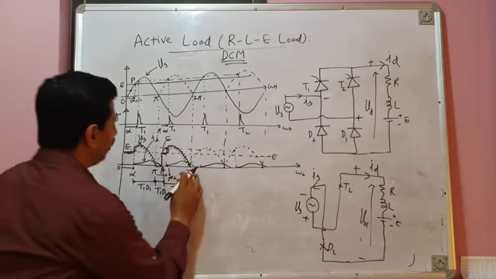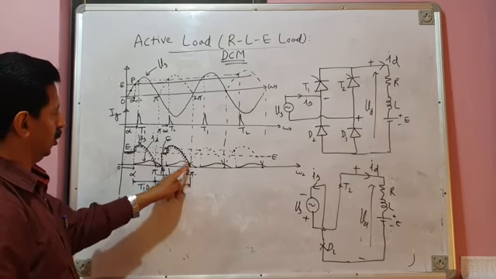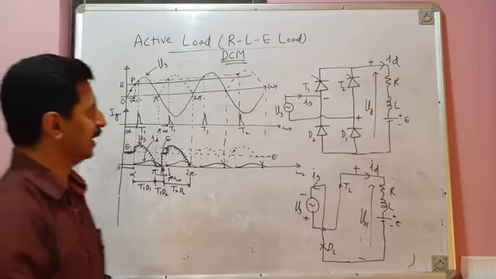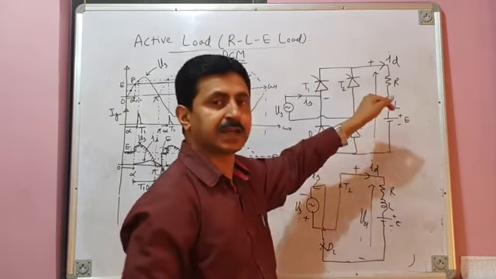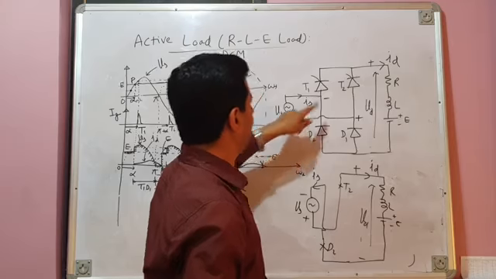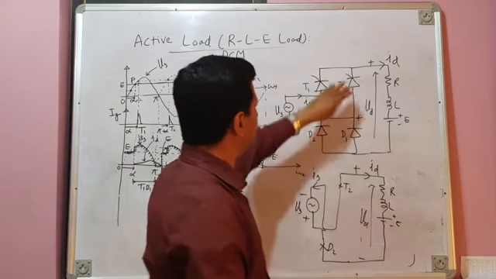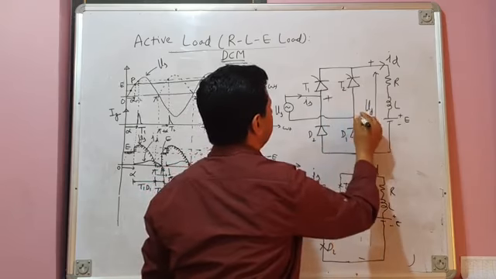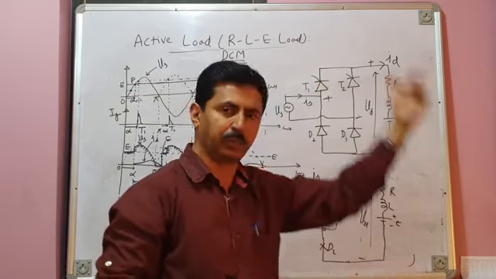After that, from 2 pi to 2 pi plus beta, up to this point, your source voltage has become zero, but current is still flowing. Freewheeling action will take place. Since load current has not become zero, load current has two paths. Either it will flow through T2, D2, or it will flow through T2 and D1. T2 is already conducting, D1 will conduct. If it flows through T2, D2, then the positive half cycle comes, this plus, this minus, so current will find opposition. This polarity of voltage will oppose the current.